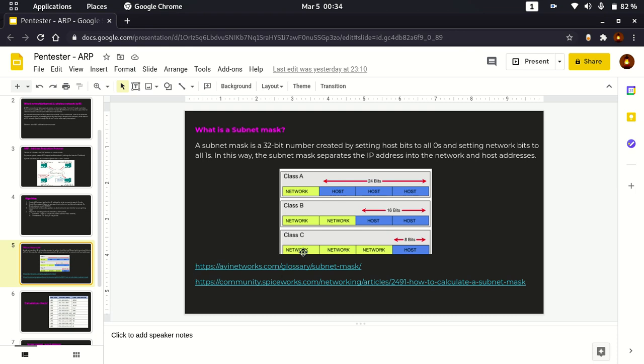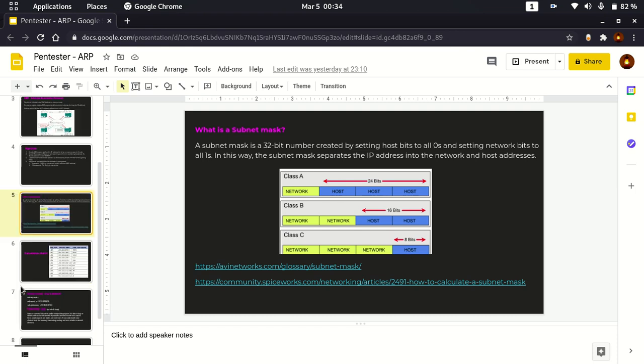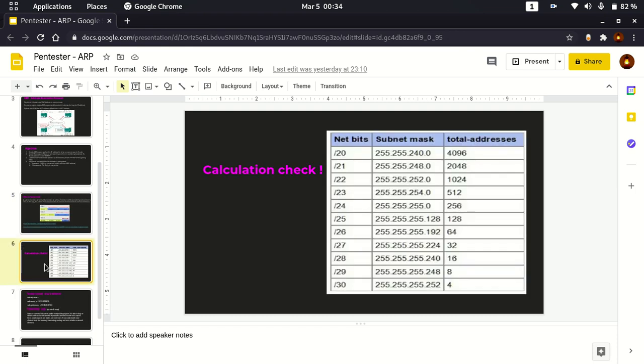That means the first three parts will remain the same for all the devices connected to the same network, and the remaining one part will vary for the different devices, and that varies within the 8 bits of range. And we have seen how to interpret the subnet mask, and how we can know how many devices can be inside the network by seeing the subnet mask. And we have seen we can use the CIDR notation rather than mentioning the whole subnet mask, or let's say all the range of the devices.